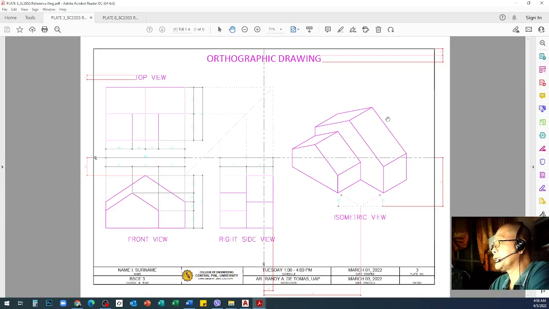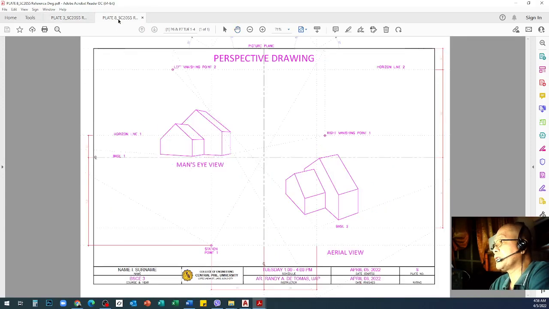do a perspective drawing. So it means that instead of isometric, you will be doing the perspective view of your exactly the same object. So this is how it looks, and since the object is very simple, I will let you do two views of perspective. One is aerial, which if you remember during your plate drawing number 1 manual drawing, I call this also as bird's eye view. So you are looking from above your object, while man's eye view is just a normal